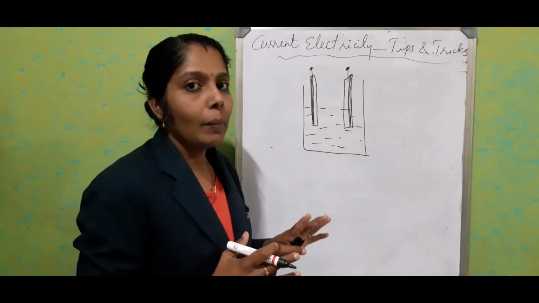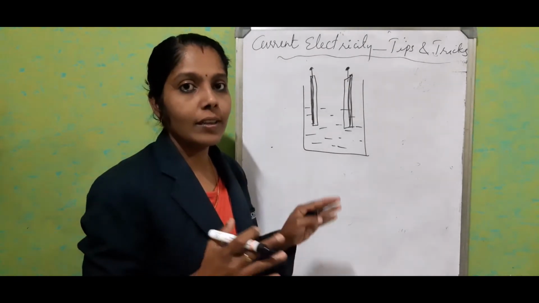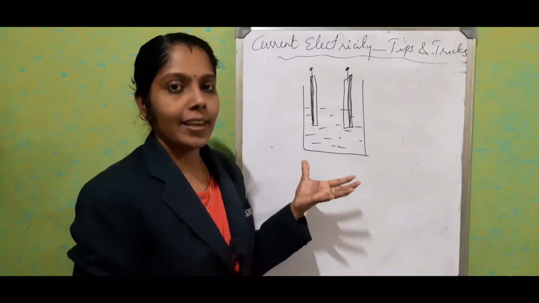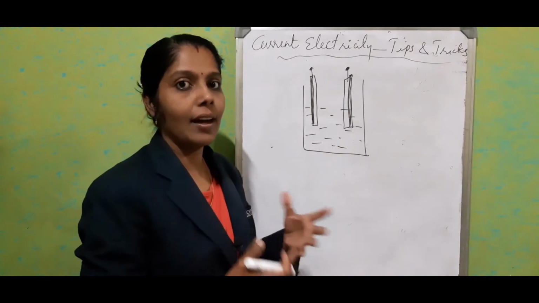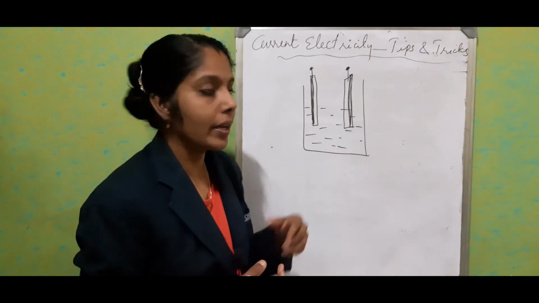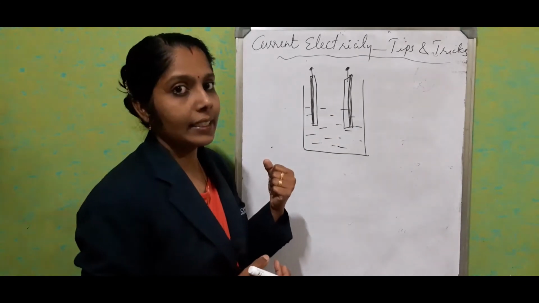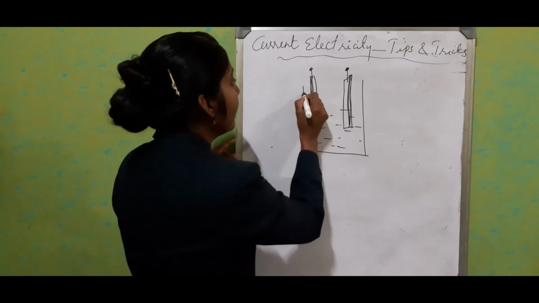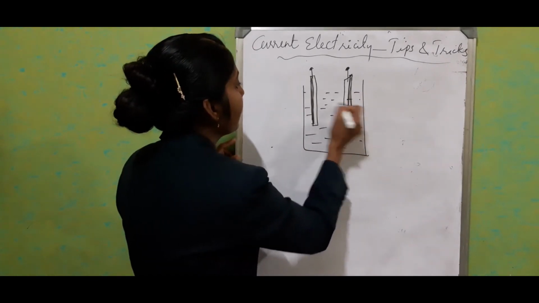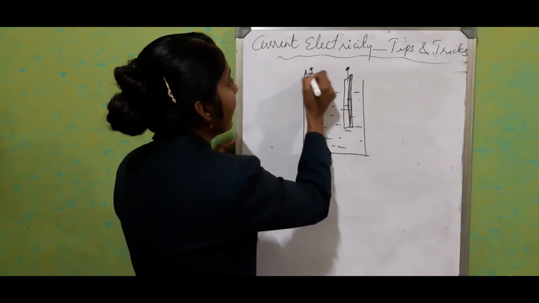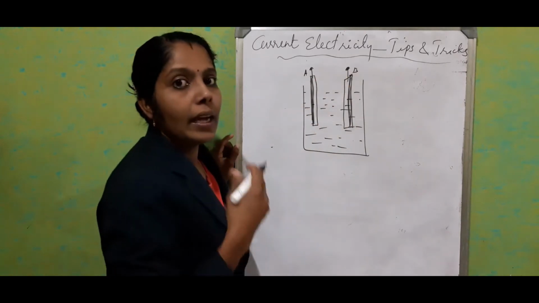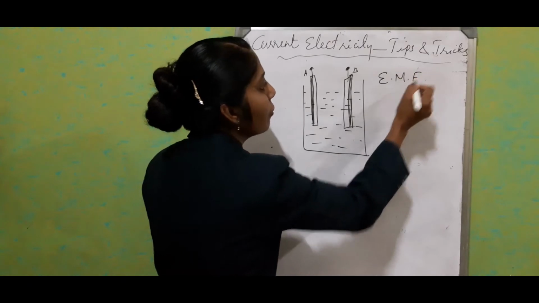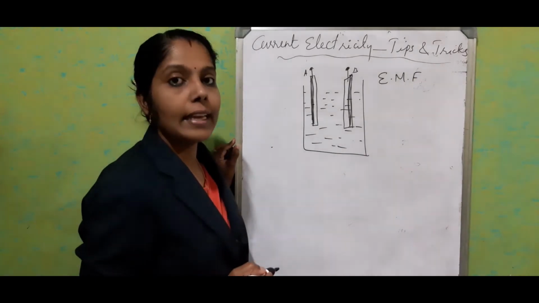Now we will see about the electromotive force, terminal voltage and voltage drop. That is a case related with the potential available in a cell. Just consider this as a cell, anode, cathode, and it is dipped inside the electrolyte. Just consider this is A and this is B. And the first concept is electromotive force, or we used to call it EMF.